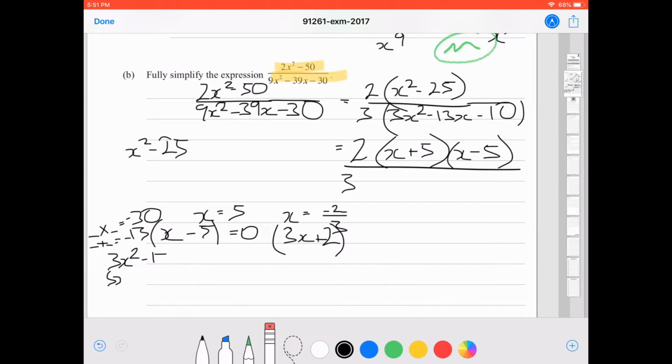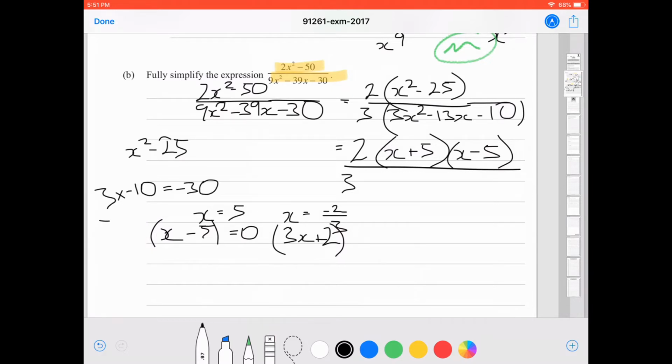So we would take our quadratic, we would see that the A term is greater than 1, it's 3. So firstly we multiply A by C, so 3 times negative 10 is negative 30. So we're looking for two numbers that multiply to negative 30, and the same two numbers add to the B term, which is minus 13, and those two numbers are positive 2 and minus 15. So we would say 3x squared